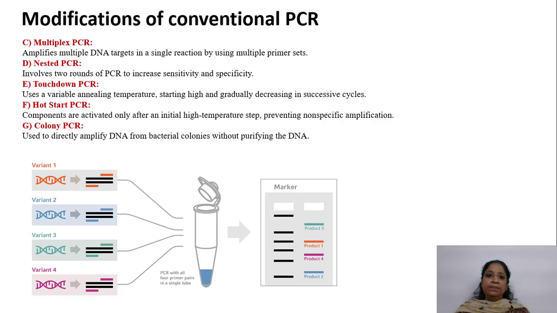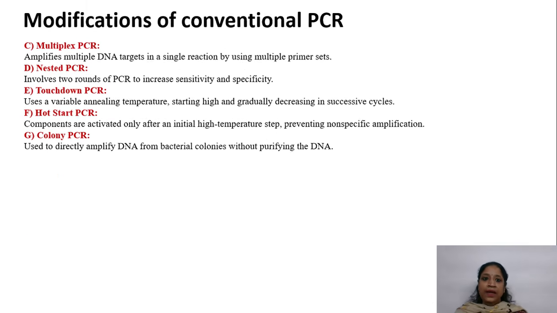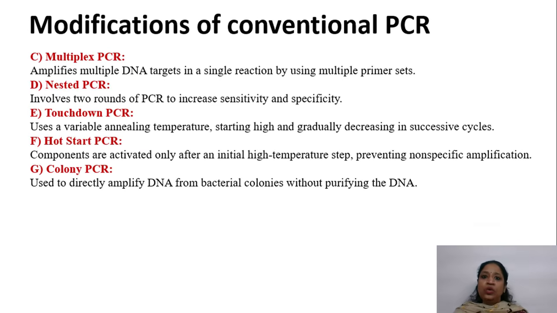In multiplex PCR, we amplify multiple DNA targets in a single reaction by using multiple sets of primers. It is efficient for detecting multiple pathogens or genetic markers simultaneously. In the case of nested PCR, 2 rounds of PCR with inner and outer primers are performed to enhance sensitivity and specificity. It is useful when the target DNA is in very low abundance or when there is a high chance